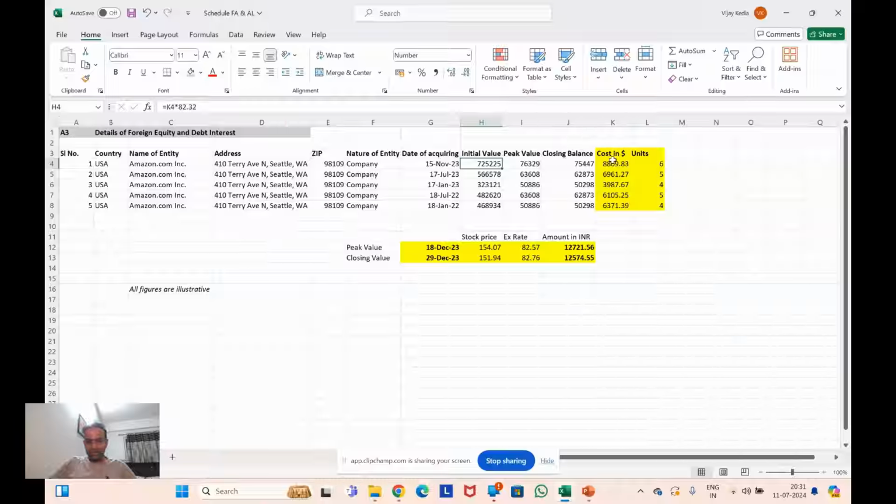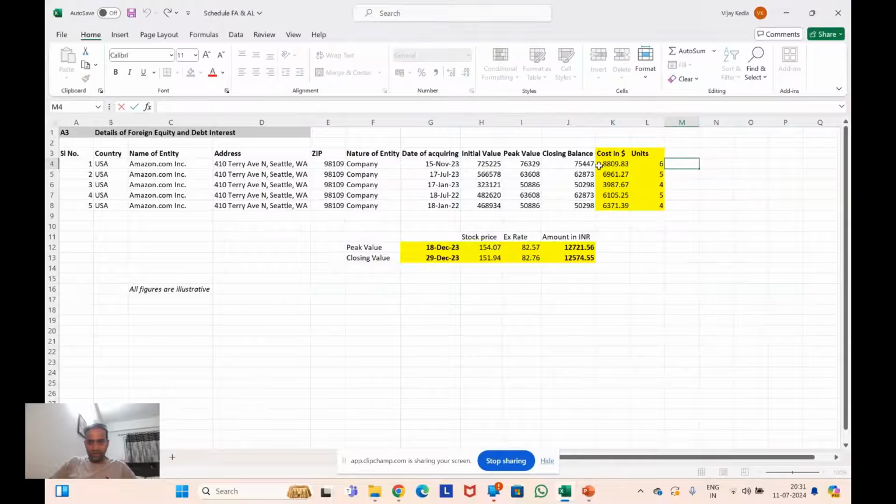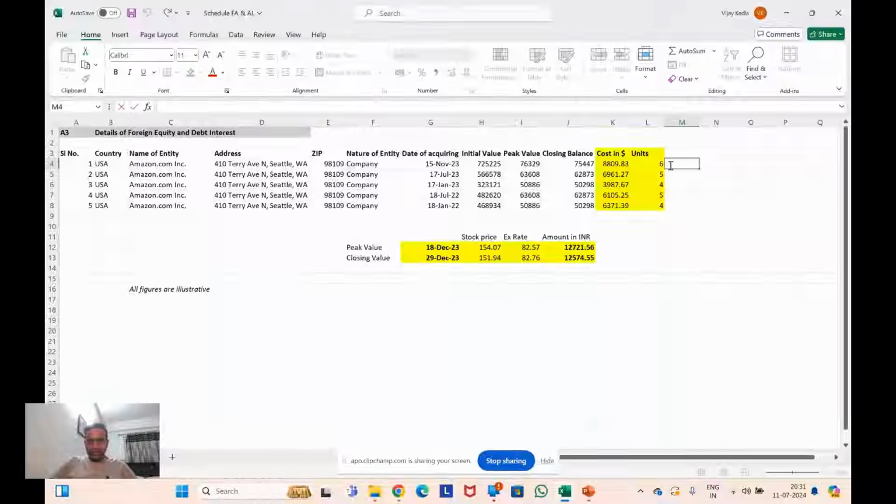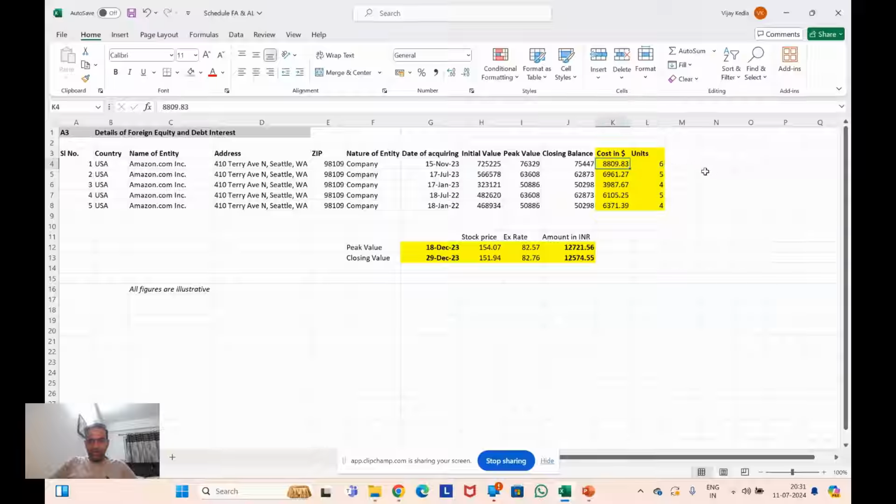For example, here I have calculated this cost. This cost I have taken from my broker's accounts. In my case, it was Fidelity. In your case, it might be Fidelity or Morgan Stanley, or whatever foreign brokerage you have. So this cost will be shown there. You can take it from your brokerage website. So you will get the number of shares and the cost from your broker,